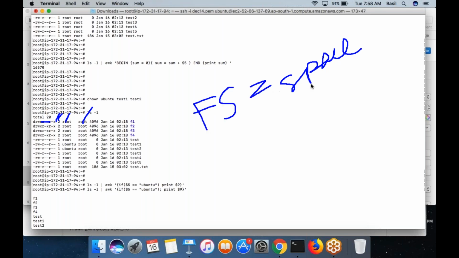Field separator is equal to space. And what is a record separator? Each line is a new record for awk. Whenever there is a new line, that is a new record for our command. That's what I mean by the record separator. What is meant by output field separator?